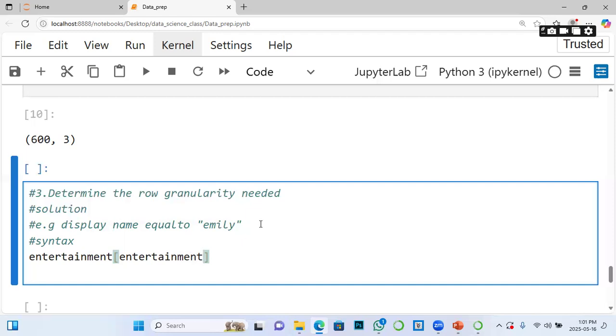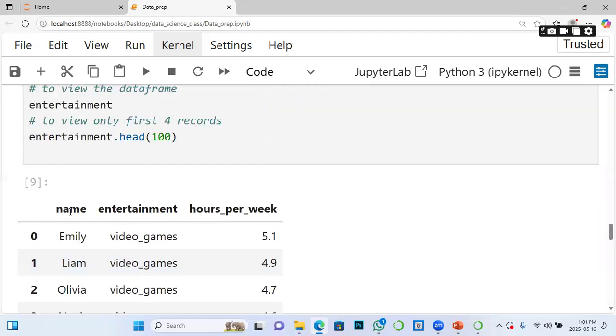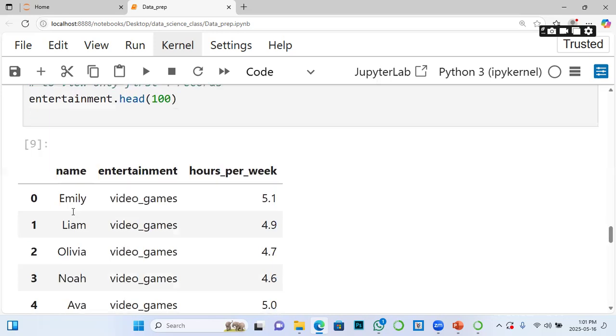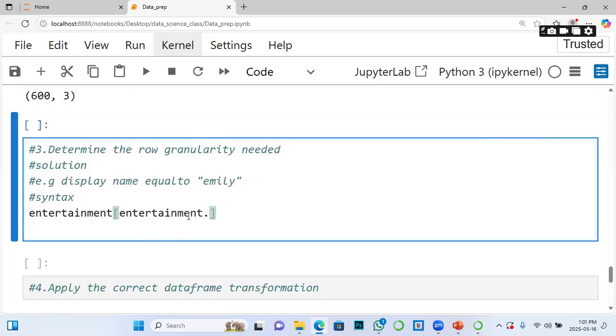We use a method like this. Then concatenate dot name, because where you want to call that value from, the label is name. If I go up now, look at the label here. The label is name, the way it's written here, lowercase, right? So I'll type name,